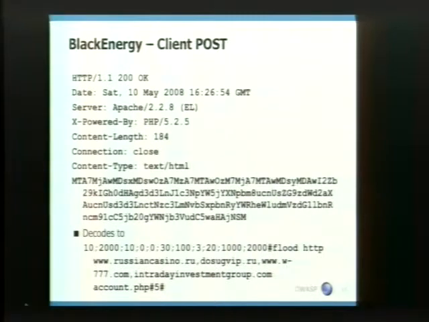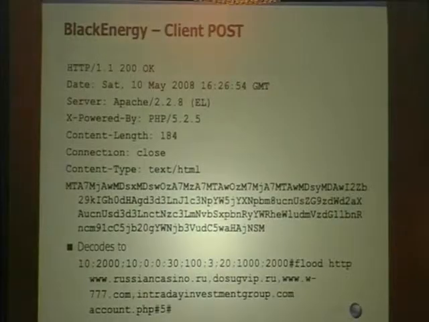And the server will respond with base64 encoded text, which decodes to a bunch of options that have to do with the settings of how it should attack, what frequency it should check in, and what it should attack. So in this example, when we checked in May, it was attacking a Russian casino, another Russian website, a lot of things having to do with trading or traffic stuff. This is just one example. So that's the way it'll come back. It's nothing that will jump out at you unless you have an IDS signature or you're really looking, or you really know your traffic on your network really well.